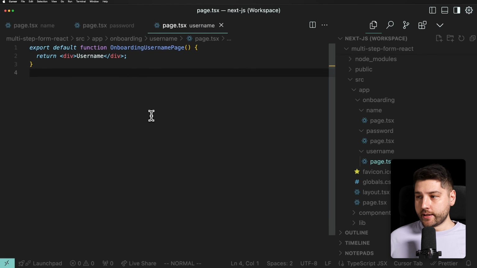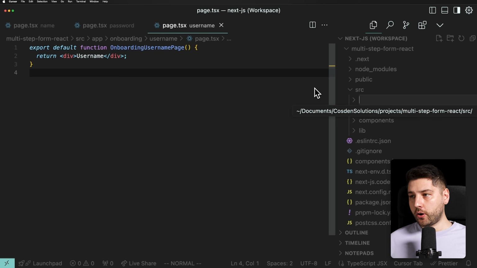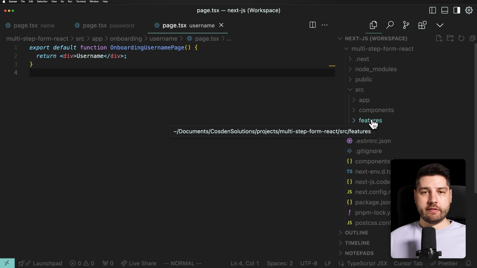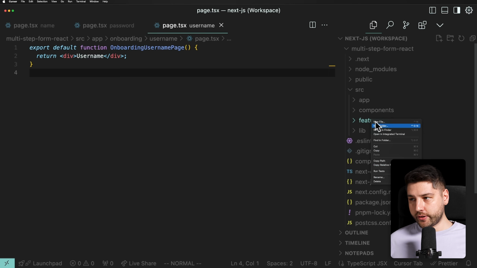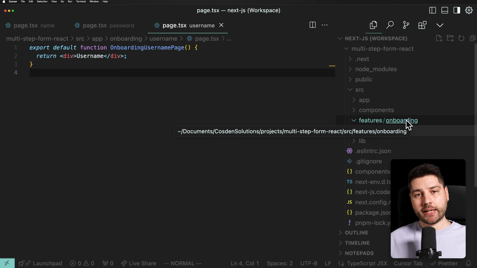Cool. So now the next step for us is to come in here outside of the app component, and inside of src, I'm going to create a new folder that we're going to call features. This is going to follow a kind of feature-based approach, even though we have just one feature, the onboarding feature. Very simple. We're going to do onboarding. And inside of here, I'm going to create a schema file. So we're going to now define the schema for the entire form. So we're going to do here